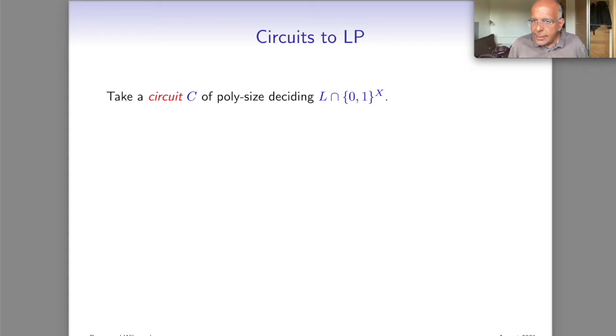Now, in this sense, we can, for any polynomial time language, construct such a formulation. And the idea is simple. You take a circuit which decides this. So, L is a language in P. The collection of strings of length at most n is decided by some circuit, Cn. Take that circuit, and now the extended formulation we get will have new variables, one for each gate of the circuit.